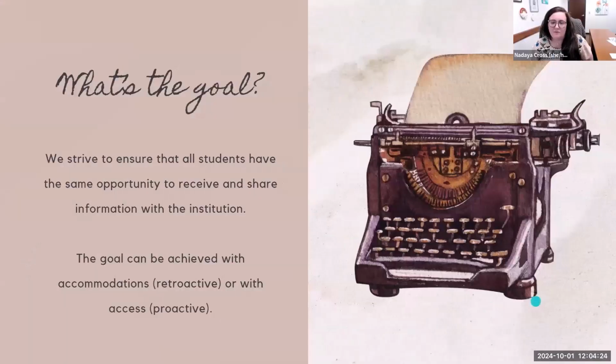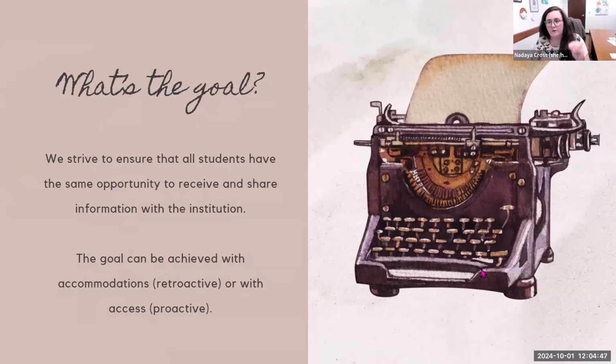I want to start off with establishing what is our goal in even messing with accommodations. What is the goal with access? Like, what is the point short of just, hey, compliance? It's the law. It says we have to do that. Our goal is to ensure that all students have the same opportunity to receive and share information with the institution.